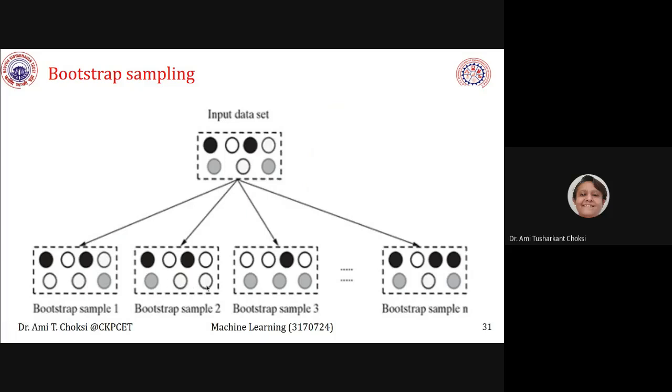Here also we can see the 4 white are there, right? Here we can say that this gray color, they are 3. Here in the input data set, they are 2 only, right? Same way over here, you can see that black is only 2 available, but when we have taken the sample, it is 3. How can it be 3? Because the data which is selected is again put back into the data set and again taken randomly, right? It's very simple. This is called bootstrap sampling.